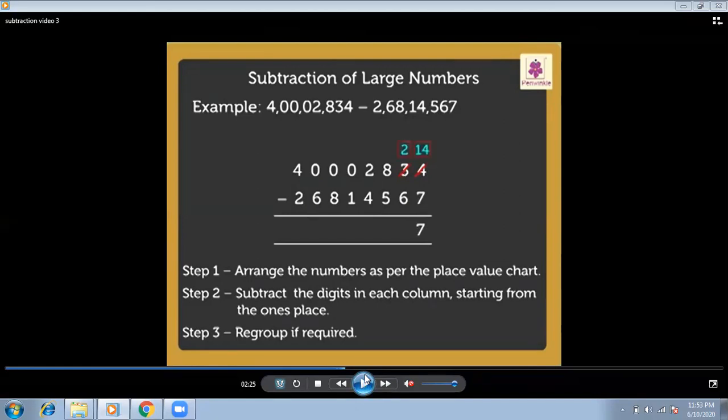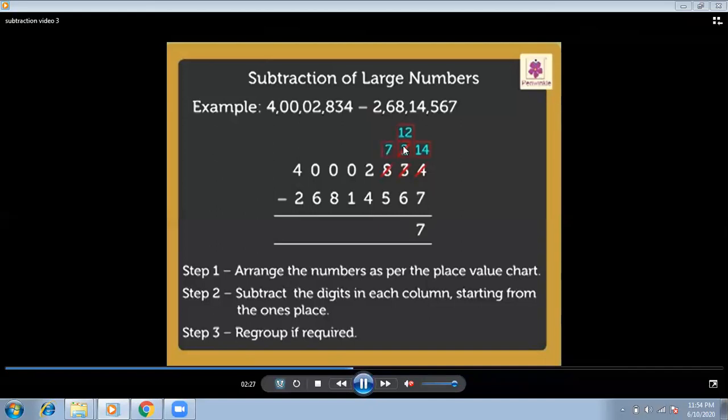Look, it becomes 14 and it becomes 2 because 3 has given 1 to its partner. So now it's 1 less than that number, so it becomes 2. Now 14 minus 7 is 7. Now here is 2. Again, you can't subtract 6, a bigger number, from the smaller number. Here is 2, here is 6. You can't subtract. So what you will do? Now 2 will borrow 1 from 8. So it becomes 12. And 8 will give 1, so it becomes 7.